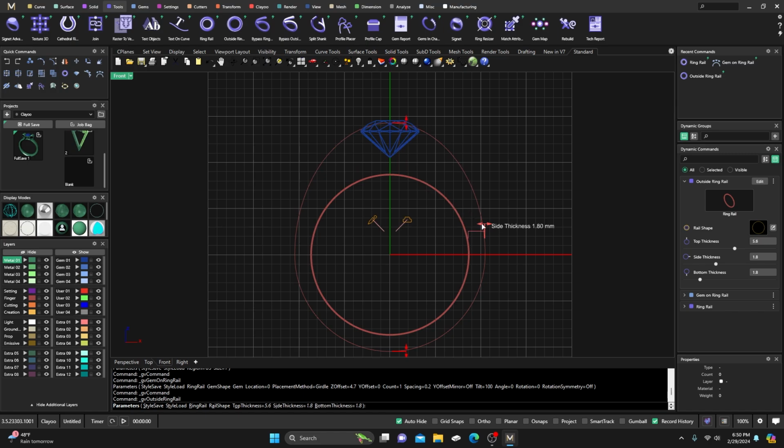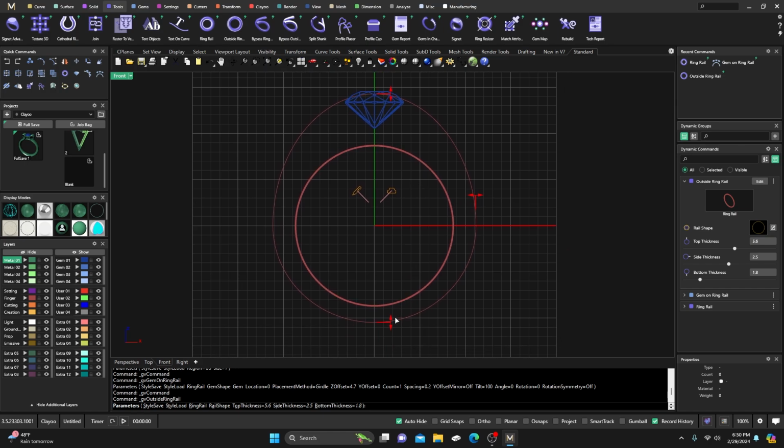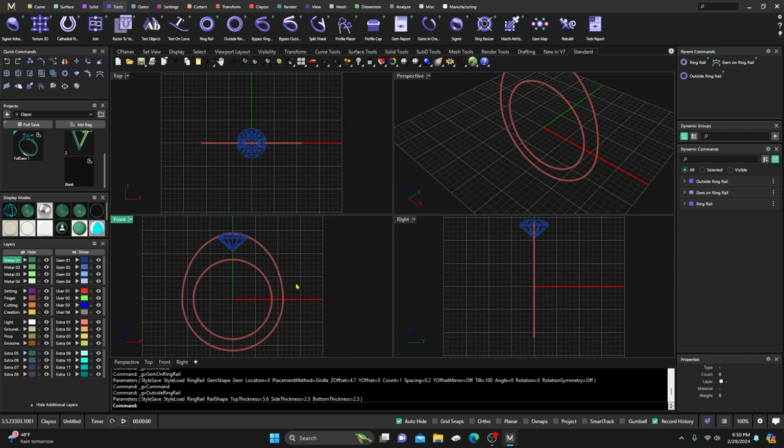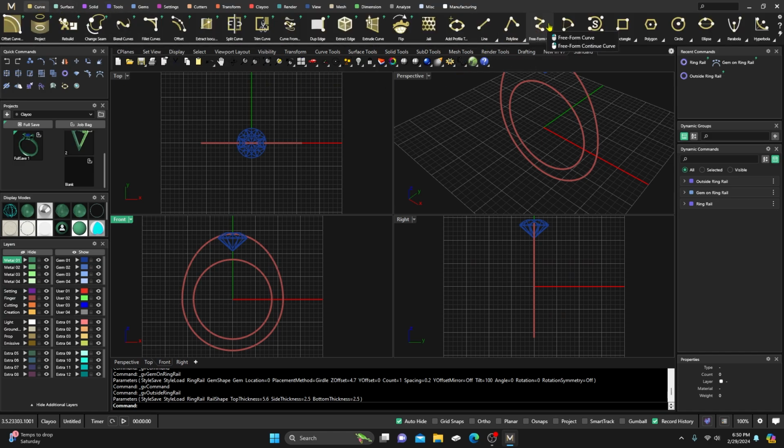And we're going to go ahead and make it a little thicker because we want the customer to be able to hand it down to their youngins. So we'll go 2.5, and then we'll just click on that. All right, I have snaps deactivated and grid snaps, so all the snaps are off, and I have record history on. So we're going to go to our curves, and we'll just go to a freeform curve,